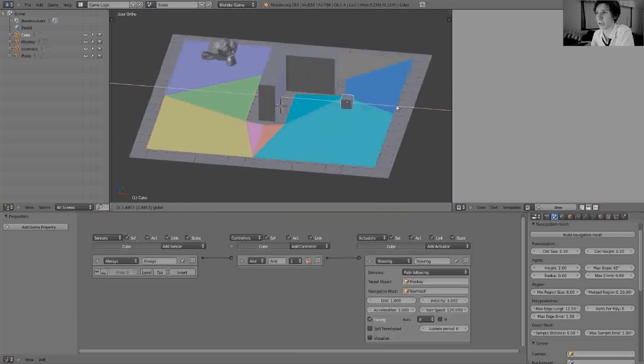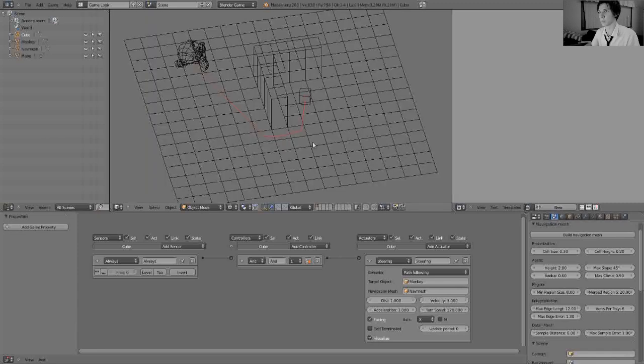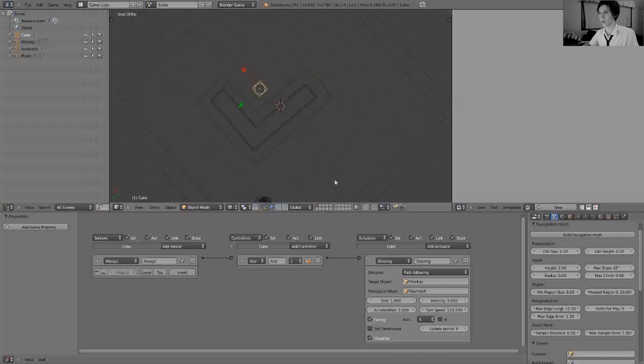Your characters won't be able to walk out of here, like they'll try. So I think they can, but they'll try and generally stay within the nav mesh. So now if I were to just start this, I'm just going to go to edit wireframe mode. If I press play, you can see real simply this box, just with that steering actuator, will find a